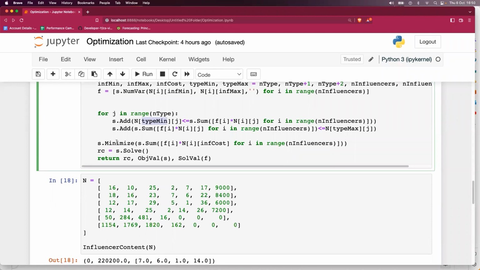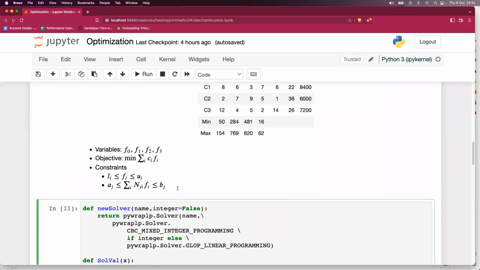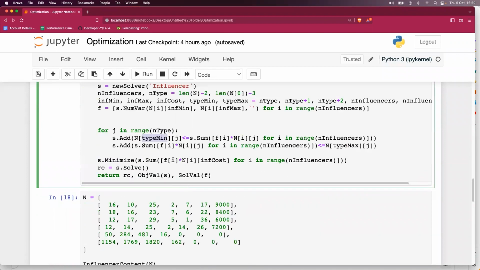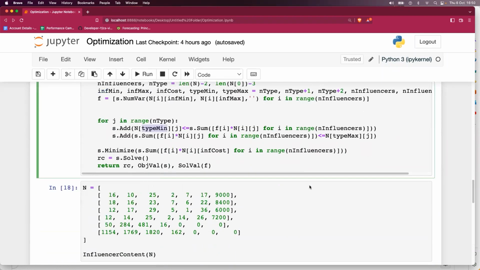Now, what I want to do is minimize the total cost, and this cost is given from the cost and the times FI is being used. So it's FI into the influencer cost. You go to the ith row of the array and pull out the cost of the influencer, so wherever this index is for each influencer, go to the index and pull out the cost. I'm using FI units, so I have to multiply each one of them, and then I finally